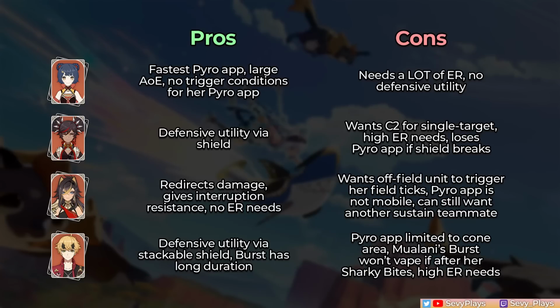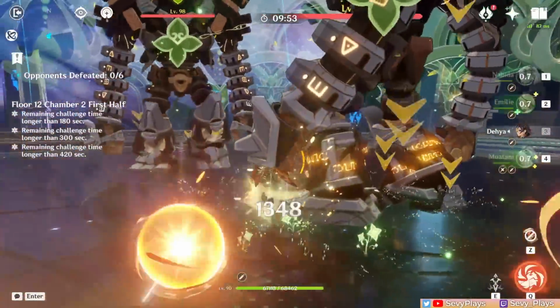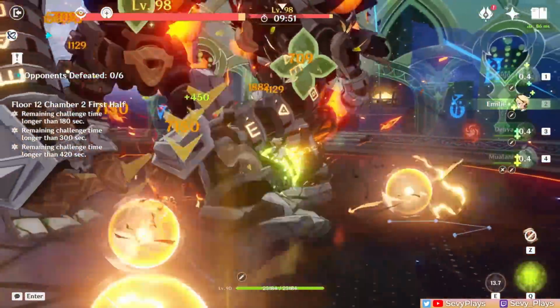It's possible to combine 2 pyro units, but remember that the pyro resonance buff gives only attack, so it has no benefit to Mualani's damage. And of course, it's very likely we'll get other pyro units during the course of Natlan who can synergize well for Mualani. Another element that helps sustain a pyro aura is Dendro, due to Dendro and pyro triggering the burning